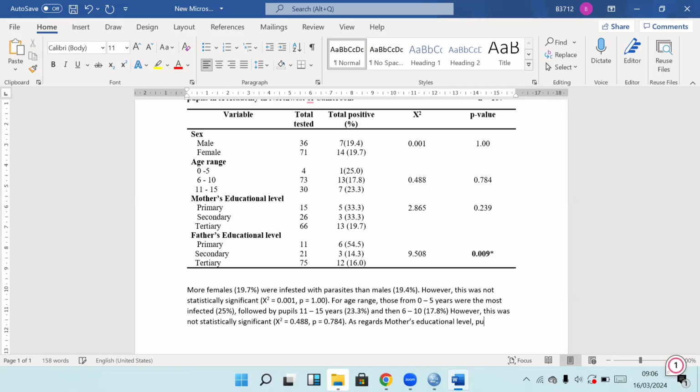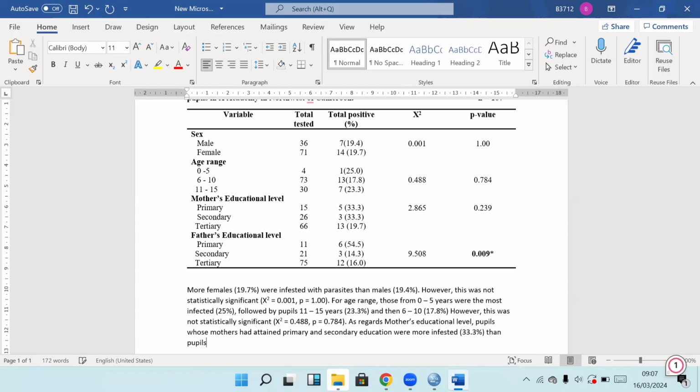So pupils whose mothers had gained primary and secondary education were more infected with this parasite, that's 3.3%, as you can see,